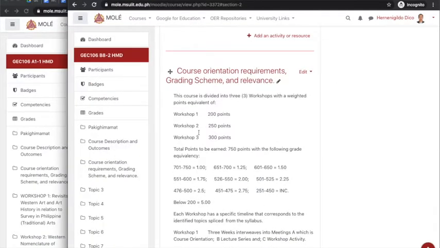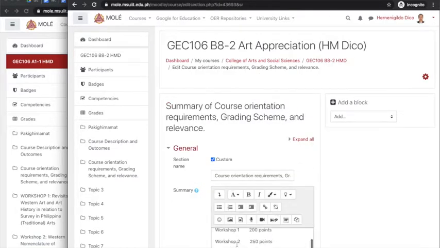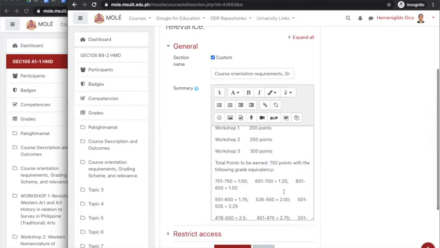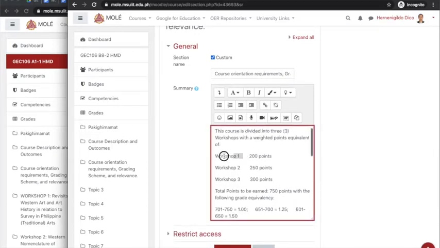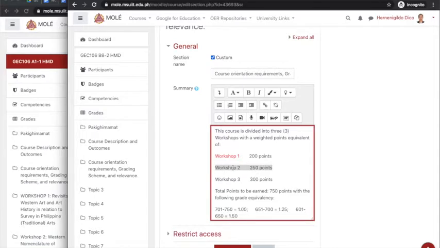So if you opt to change color, you go back to edit topic, and then in here you can select a word or phrase where you can change color. All you have to do is click this brush icon, then select a color of your choice,